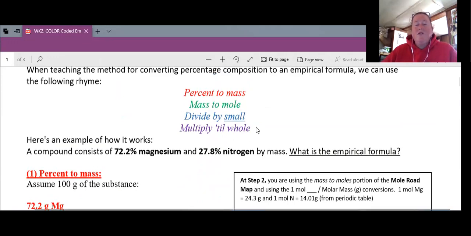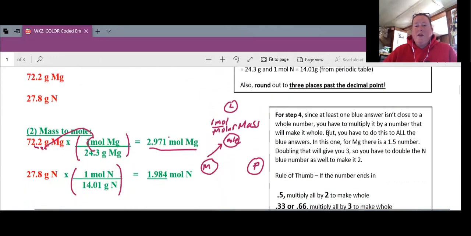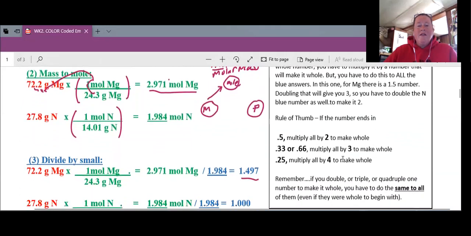multiply till whole. So it says, since at least one blue answer isn't close to a whole number, we have to multiply it by a number that'll make it whole. But whatever we do, we have to do it to all of the numbers. Since this is a 1.5, if something ends in a 0.5, we would multiply everything by 2 to make it